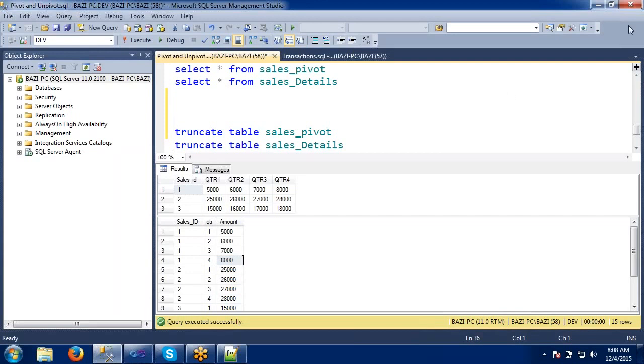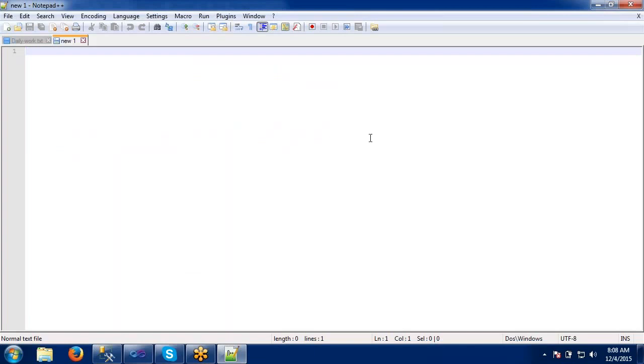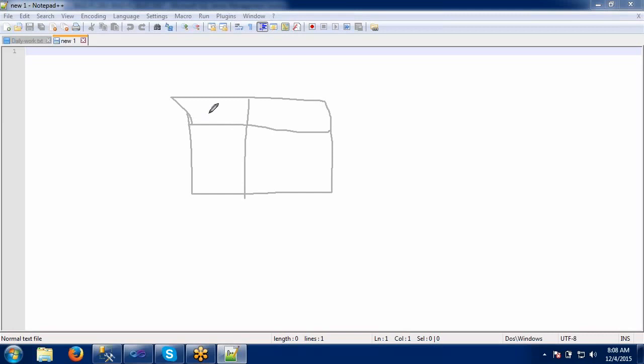Let me give a brief introduction on this. Let's say I'm having one table here where I have two columns, ID and name.